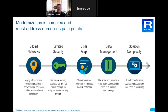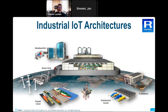There have also been many potential solutions in the market, and choosing a solution that addresses these challenges can be overwhelming. Any solution you choose must be able to handle the volume and scale of data being generated through the introduction of IoT devices and the migration of OT to IT. And this is certainly where Cisco and Rockwell have been developing an application for many years, and we can help customers deliver this. So looking at operational outcomes for IIoT, industrial IoT architectures, what are the kind of things that